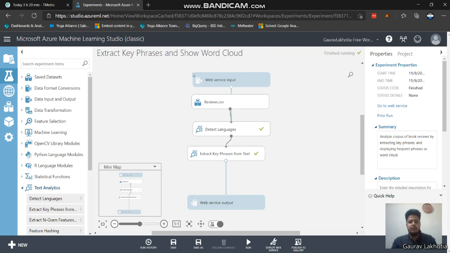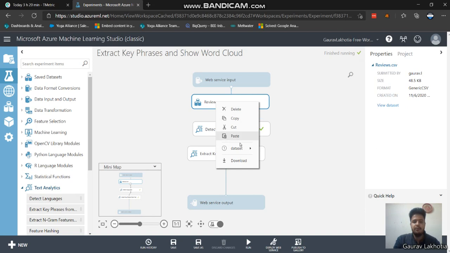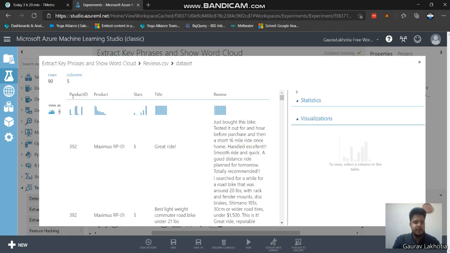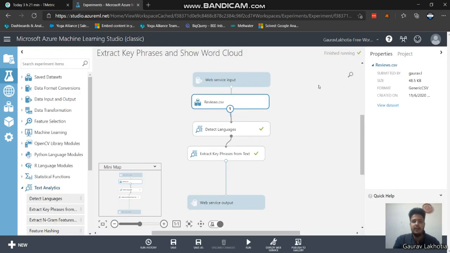In this video I'm not gonna show you how to create an experiment in Azure ML Studio. So let's see the data set which I am using here. Okay, so this is the data set. This is product ID, product, star rating, and this structure is same as the data that we have imported in our Power BI.